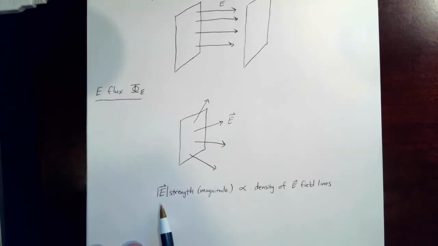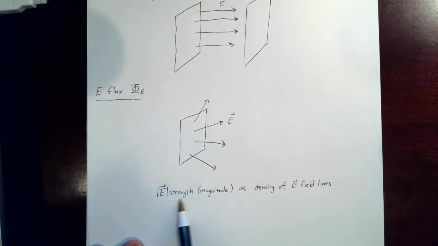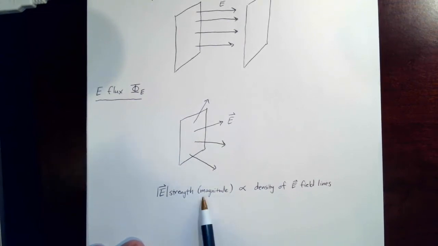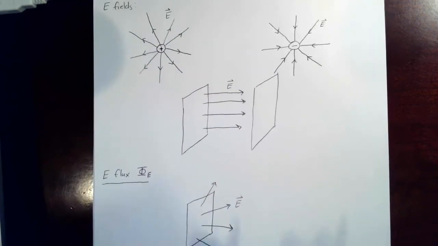And that relationship is that the electric field strength, and by strength I mean magnitude, is proportional to the density of electric field lines. So the more closely packed the electric field lines are, the higher the magnitude of the electric field. Going back to this one,